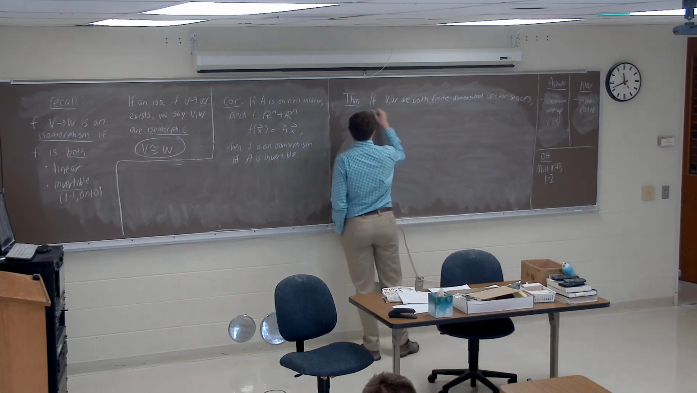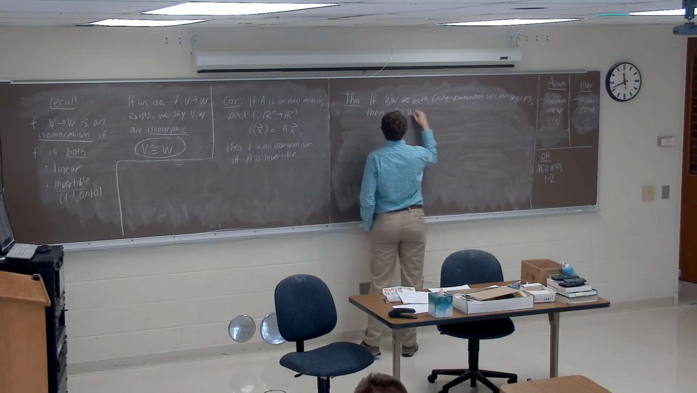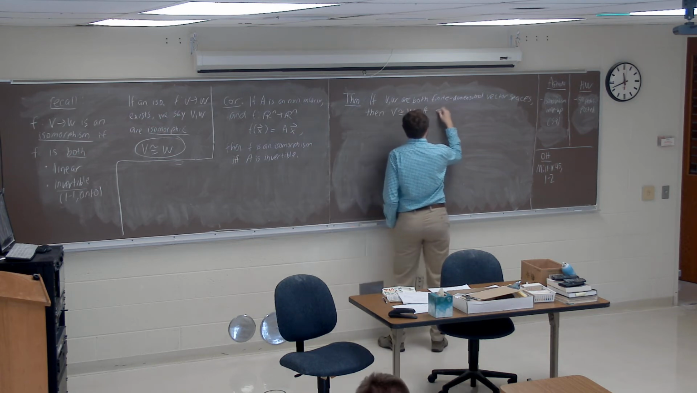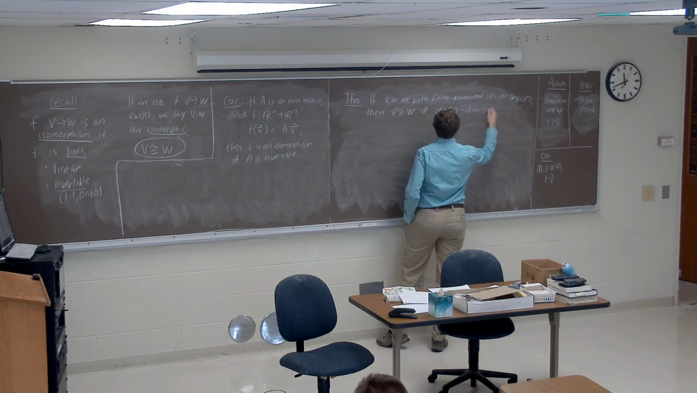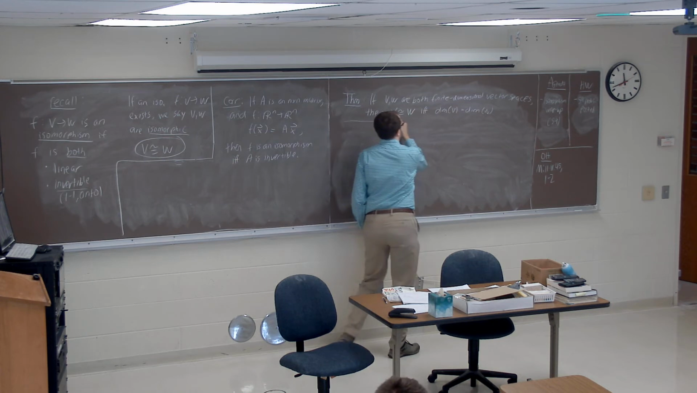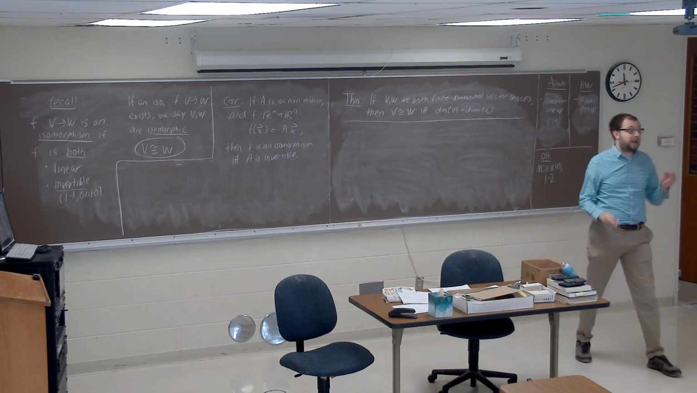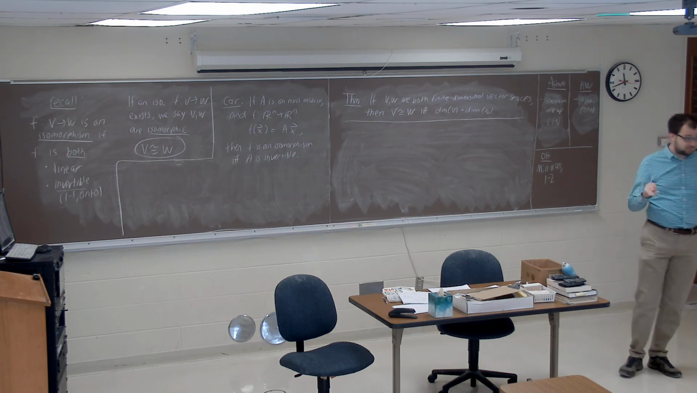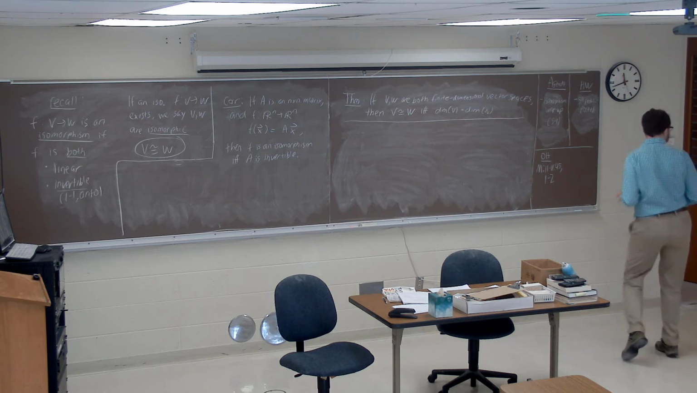If V and W are both finite dimensional, then V is isomorphic to W if and only if the dimension of V equals the dimension of W. So in other words, for two vector spaces to be mathematically the same, meaning there's an isomorphism from one to the other, all that you really need is that they have the same dimension. Which would tell us things right away, things like,